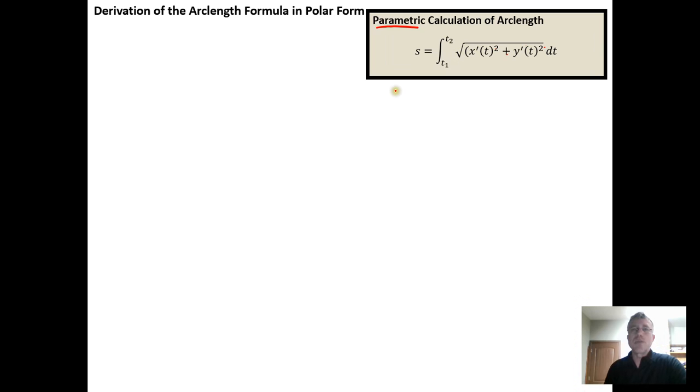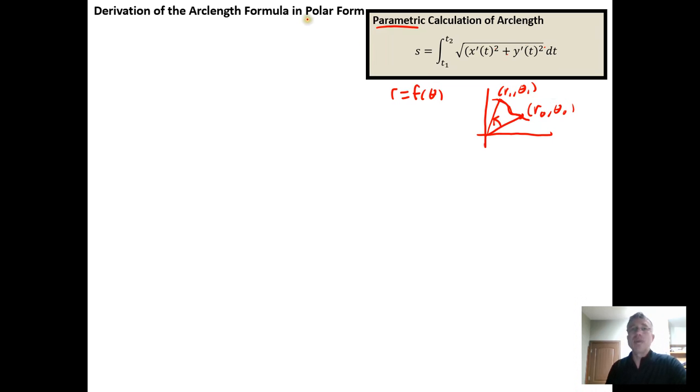So the idea is we know that if we have an equation in polar form, where we're describing the radius as some function of theta, this is a polar equation. And if we're interested in finding the arc length of some curve, as we move from a radial line that hits at the ordered pair r naught, theta naught, to another radial line that hits at a point r sub 1, theta sub 1, if we're interested in finding the length of the arc as we move from theta naught to theta sub 1, what we can take advantage of is the fact that we know how